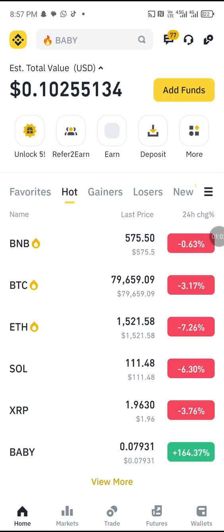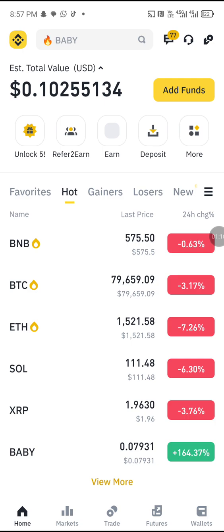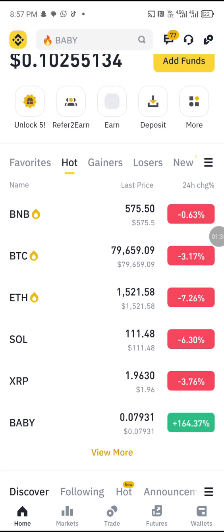Or in layman's terms, it's an act of buying soap from one particular market, maybe from Lagos, and bringing that same soap to Abuja to sell it. Maybe you purchase this soap in Lagos at 100 naira, and you're selling it in Abuja at 200 naira. This is simply what arbitrage is: buying from a particular place at a low price and selling it in another place at a high price.